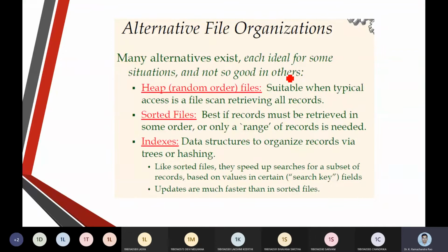Now, coming to file organizations, they include a heap organization, a sorted organization, and an indexed organization.